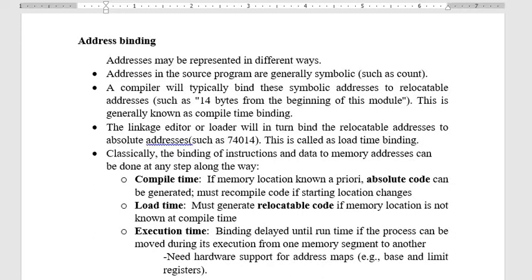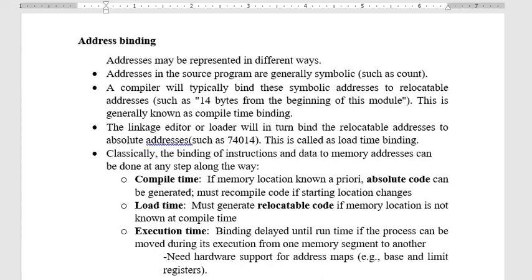If you take the base address and add the relocatable address, you will easily get the physical address of those variables. You can just see the example. Assume 74,000 is the starting address of this program, where it begins to allocate the memory. That is the beginning address of this module.